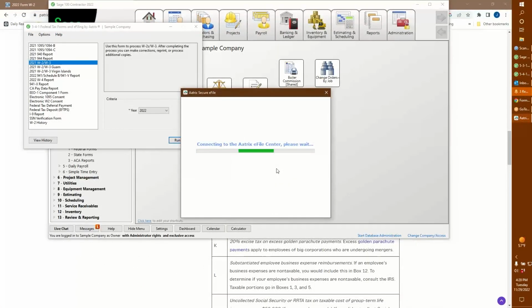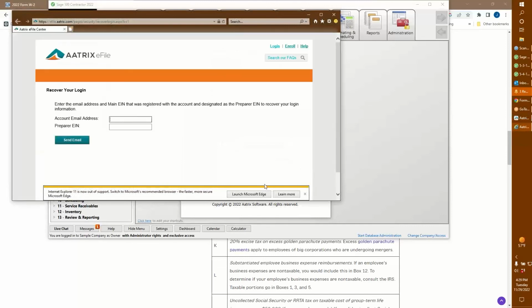And then it goes through and it's going to connect to the Atrix e-file center. So what we're going to do is, before you start this process, you're going to need to set up with Atrix. Go online to Atrix and get an account. Okay, so let's just assume we forgot your login. Okay, and we can recover that if we wish.